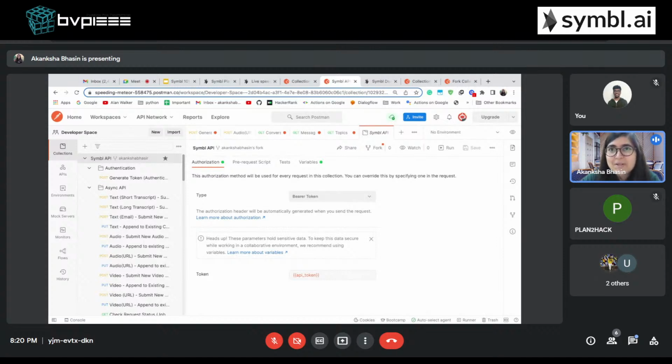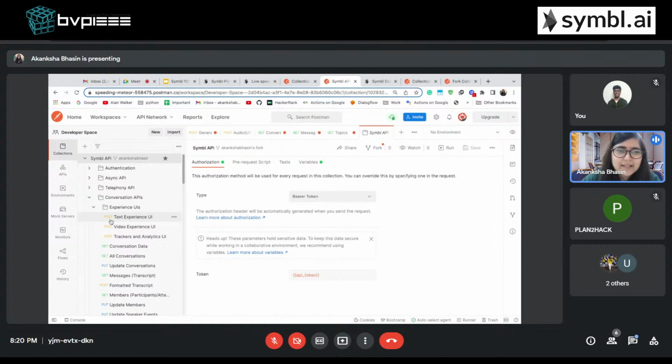It empowers developers to make their first API calls in seconds rather than minutes or hours, enabling developers to just focus on the end user experience. And here on the left-hand side, in the Symbl API, you can see authentication, async APIs, telephony APIs. This is called a Postman collection. A Postman collection is basically a set of requests for APIs.